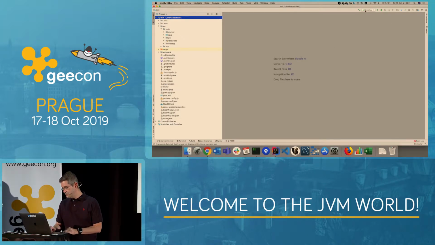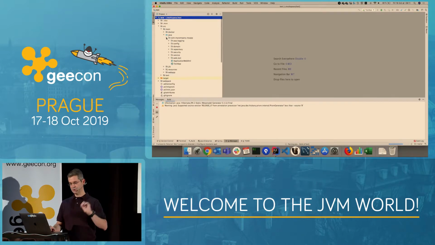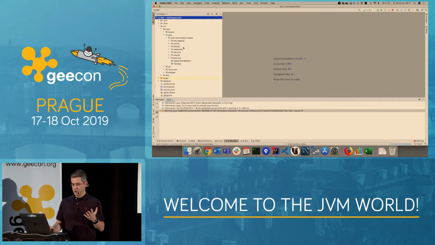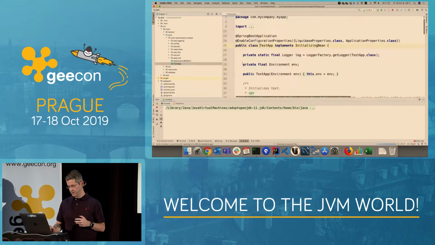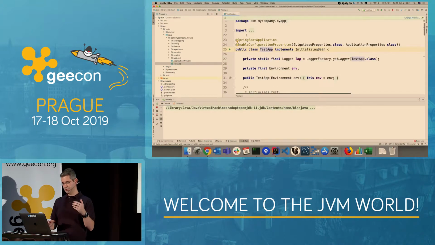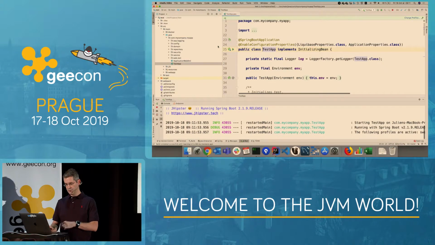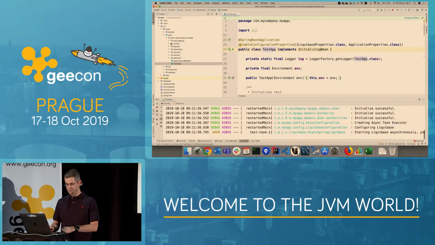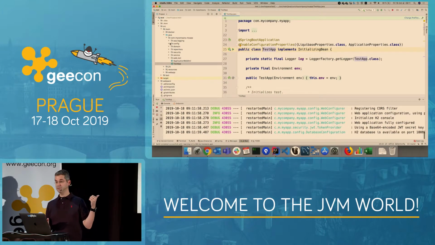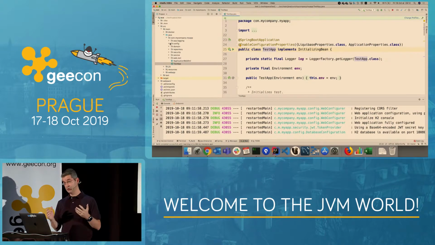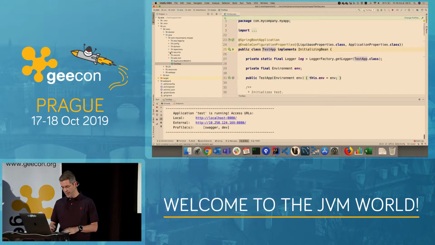It has been automatically recognized by my IDE. You see already it's saying, oh, it's a Spring Boot app. Do you want me to run it? Yes, please run it. And if we have a look here, I'm first having a look at the Java code. We have a normal Spring Boot app. If I click here, you recognize the Spring Boot application. We've got a few configurations that are available, mostly for security, like JWT, as I selected JWT, or for performance issues, optimizations. So my app is up and running.